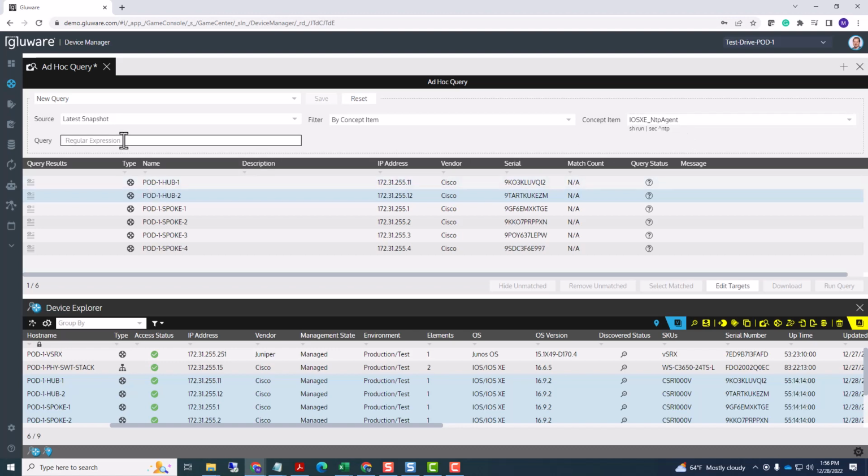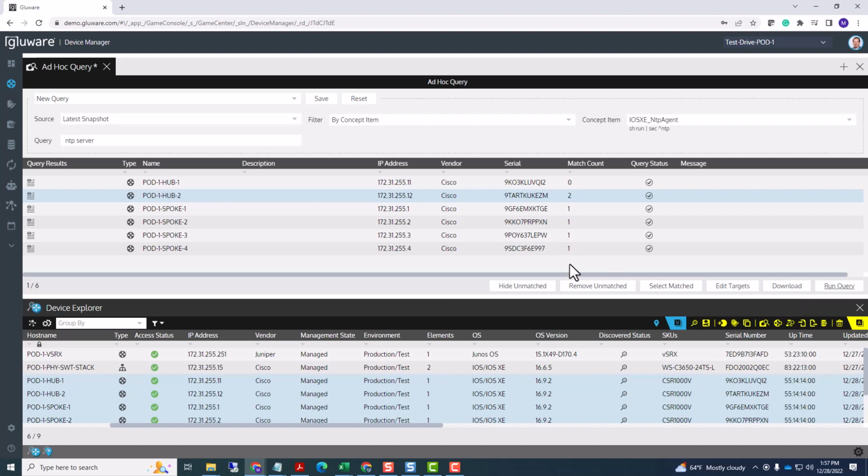The query we're going to be looking for is NTP server. We want to understand how many servers are configured on each device, and so we're going to be looking at this as a mechanism of troubleshooting, leveraging concept item instead of just looking at the entire configuration. So now that we have our query built, we execute a run query,